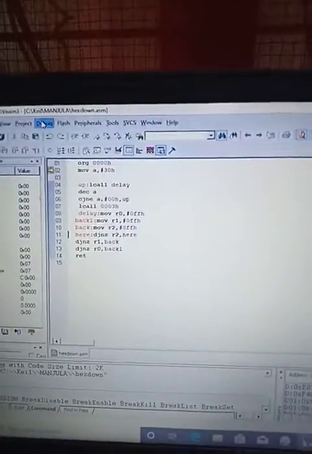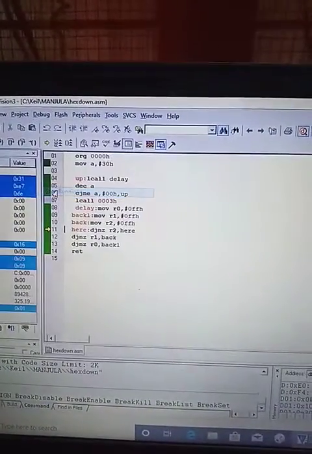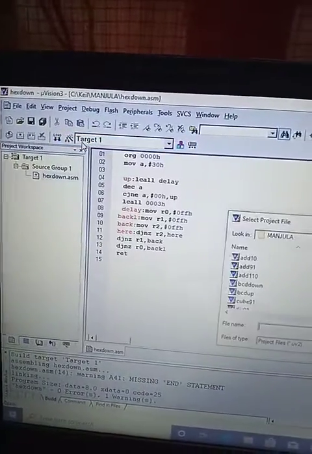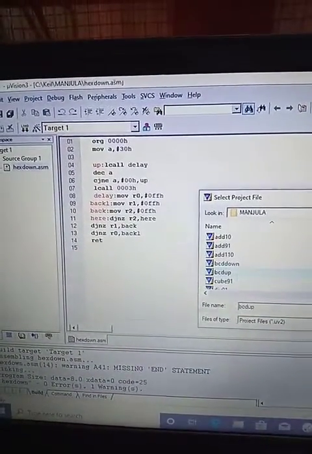So this is how it works. Till you click on stop running, it will keep on running. Start stop debug session. I go to project, say open project. This time we'll go for the hex up counter.